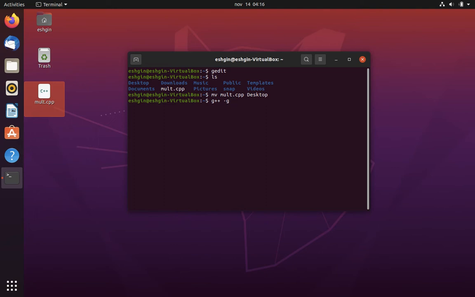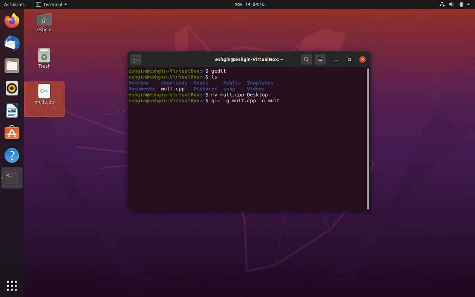And after that, we are going to write our file name, which is mult.cpp, and if you remember that we used -o to create our executable name, so it will be, in this case, let's say mult,